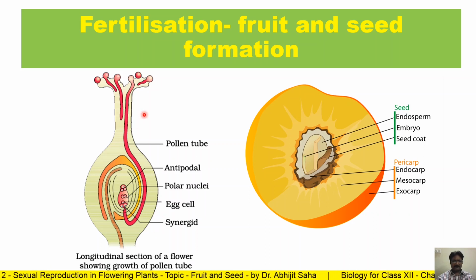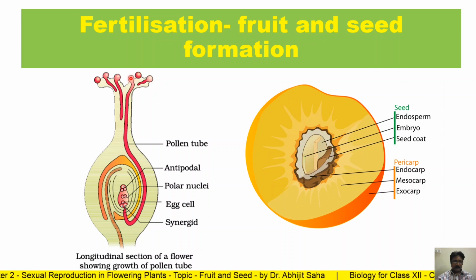See this diagram. You can recall this diagram from our previous discussion. This is the pistil, stigma, style and ovary. Here you can find a large number of pollen grains on the stigma, some of them germinating, some of them non-germinating, and one of them we find which has germinated and has reached the ovule. It is entering into the ovule, into the embryo sac.